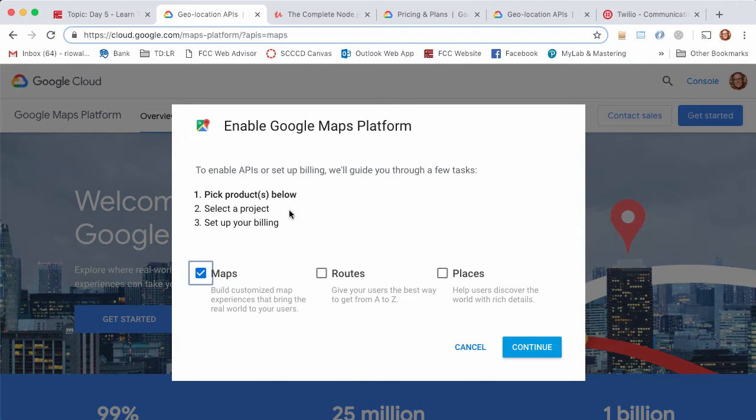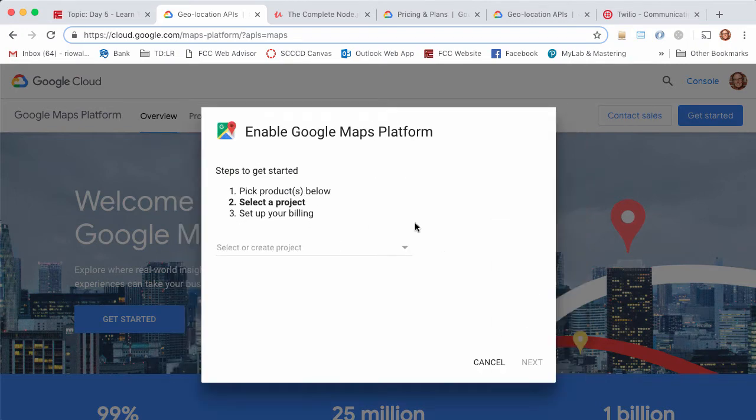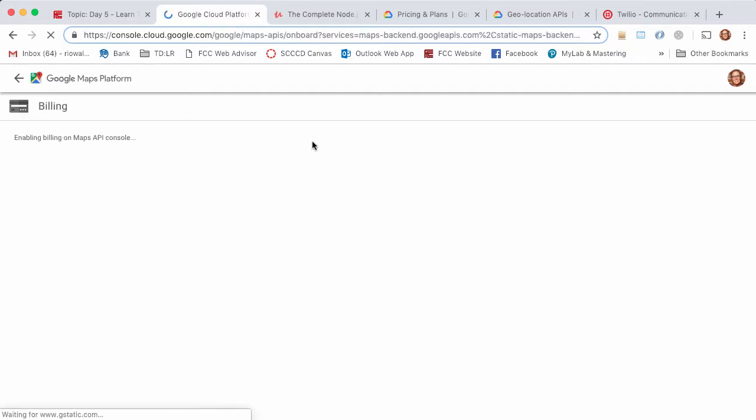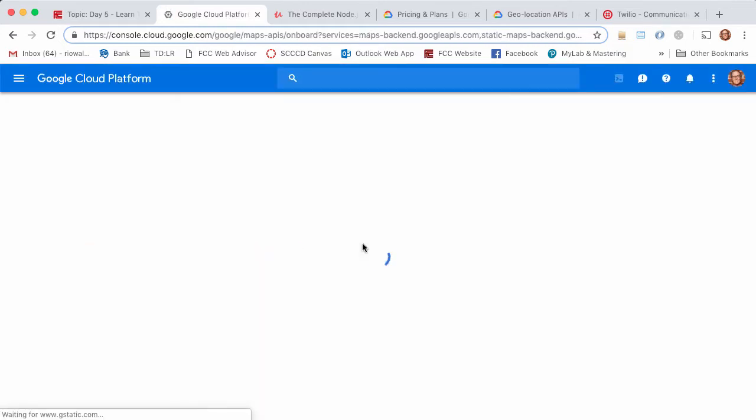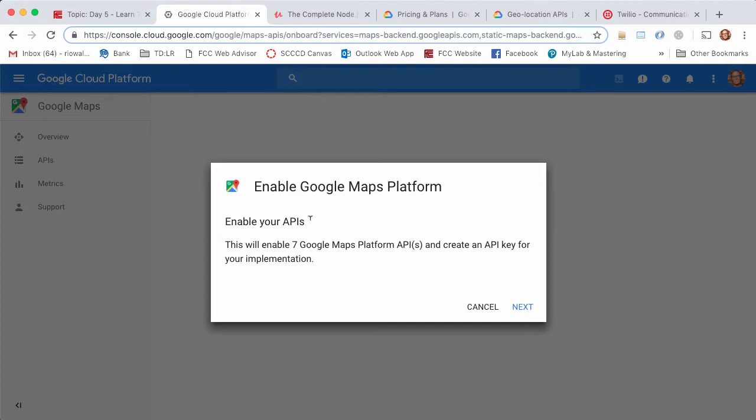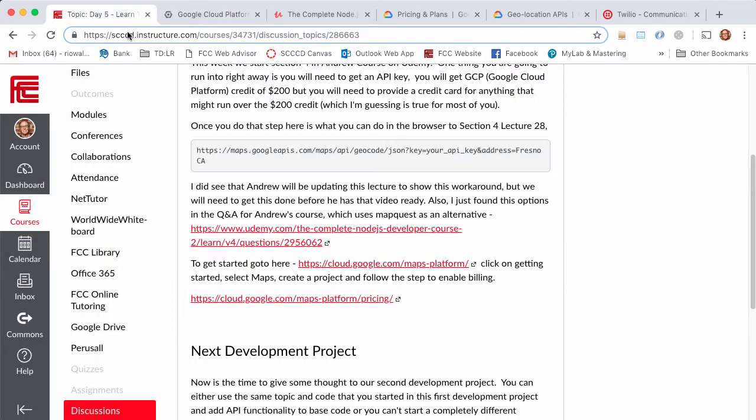You have to set up a project and then set up your billing. Let me just see here. I already have one. I called mine Project 94, and in this case, it just went through and did it. So I'll have to update my API key, which is not necessarily a bad thing. Because I've already had it, your API key is implemented, and then at that point, you will just copy and paste that into this part of your query string, and this is something you learn about,